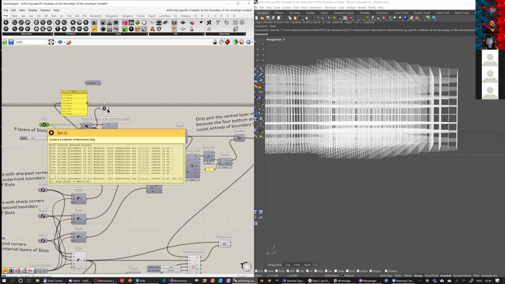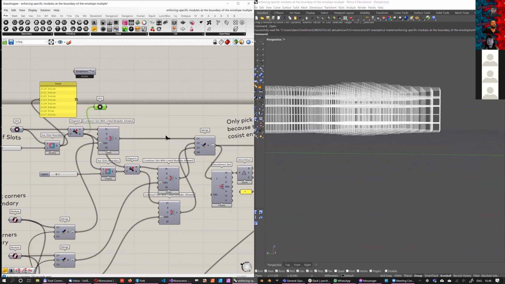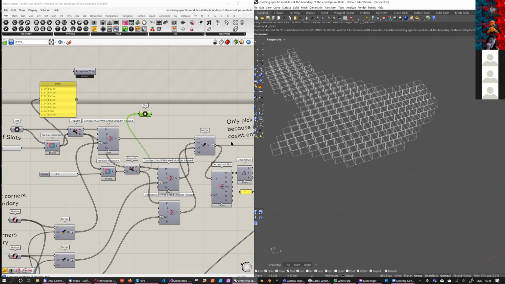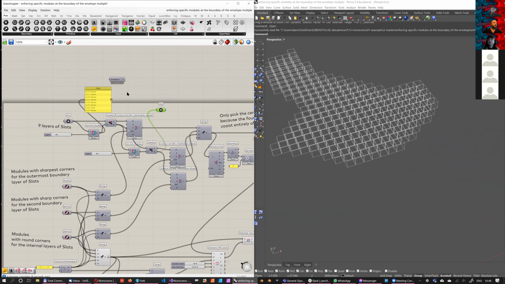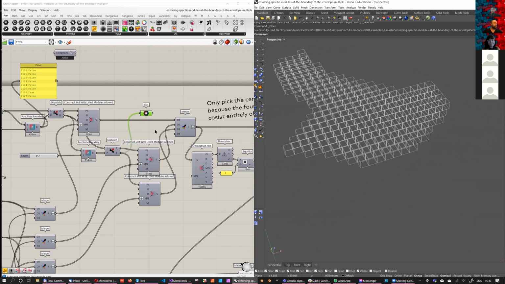So I take away these 2 layers, and this is what remains. From what remained here, I do the same thing again and peel off 2 layers. What remains is 1 layer inside. So this is the innermost layer. And in this layer, I'm going to allow these slots, these allow placement of